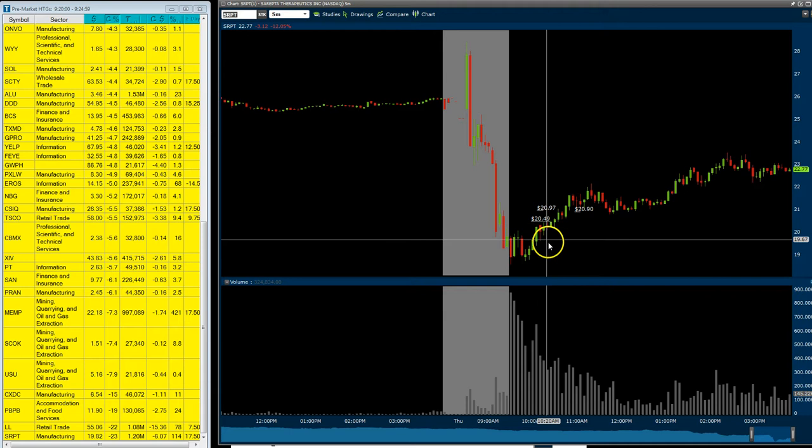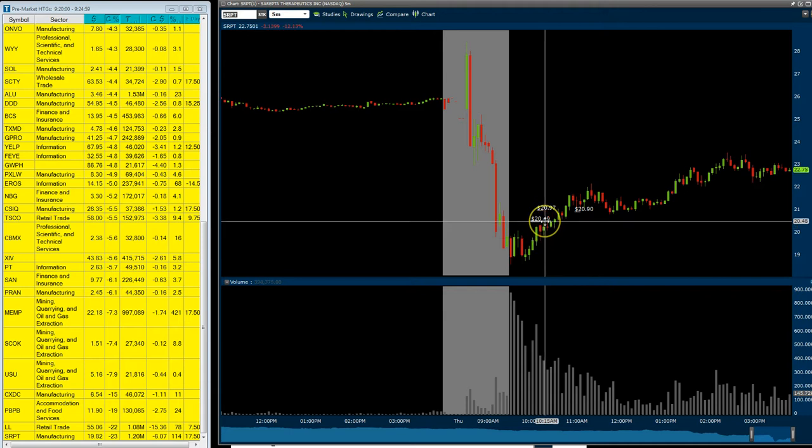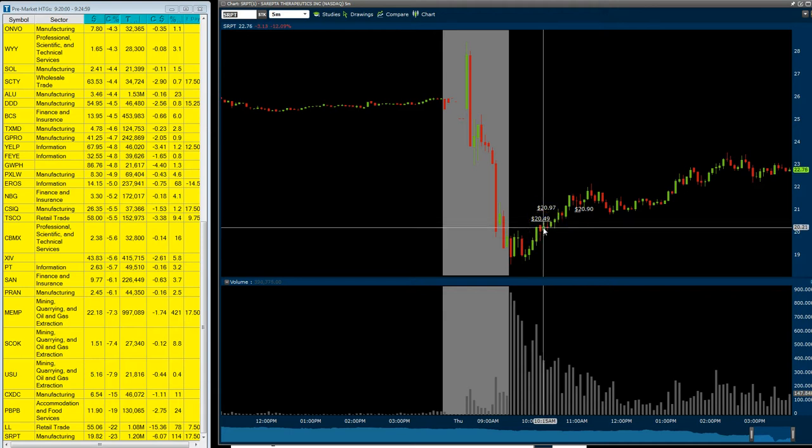The problem was I kept trying to get into it in this area, and I had a real itchy trading finger, I suppose, because I wanted to get in, but then all of a sudden the bid would go down to like 23, and the ask was 2037 or 2040. So you can see what was happening. The spread was just widening so much. And so